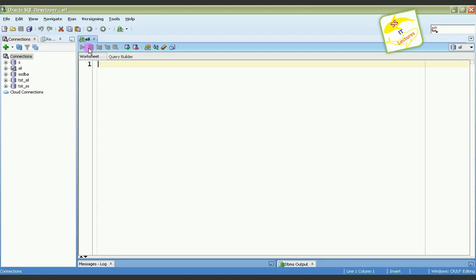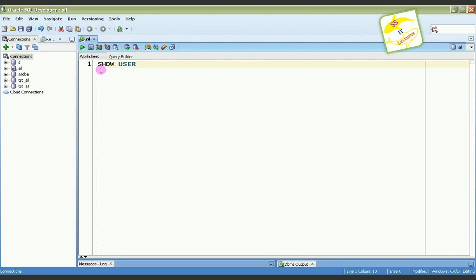On the right part of the window we can see a white screen. This is called the worksheet. Here we can enter the SQL and PL/SQL commands. Here, to know the currently connected user, we are going to use the same command, show user, show space user. Here you can see the difference in how the command is shown in SQL Plus and SQL Developer. Here the keywords and the user specified values are shown in different colors. This is called syntax coloring.